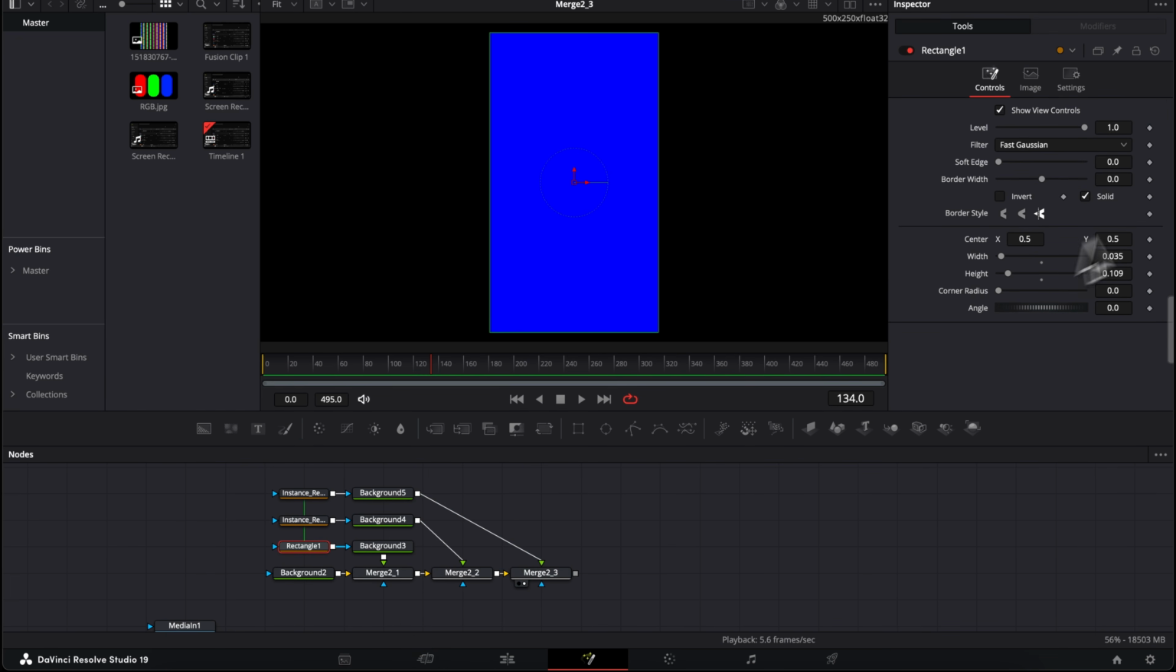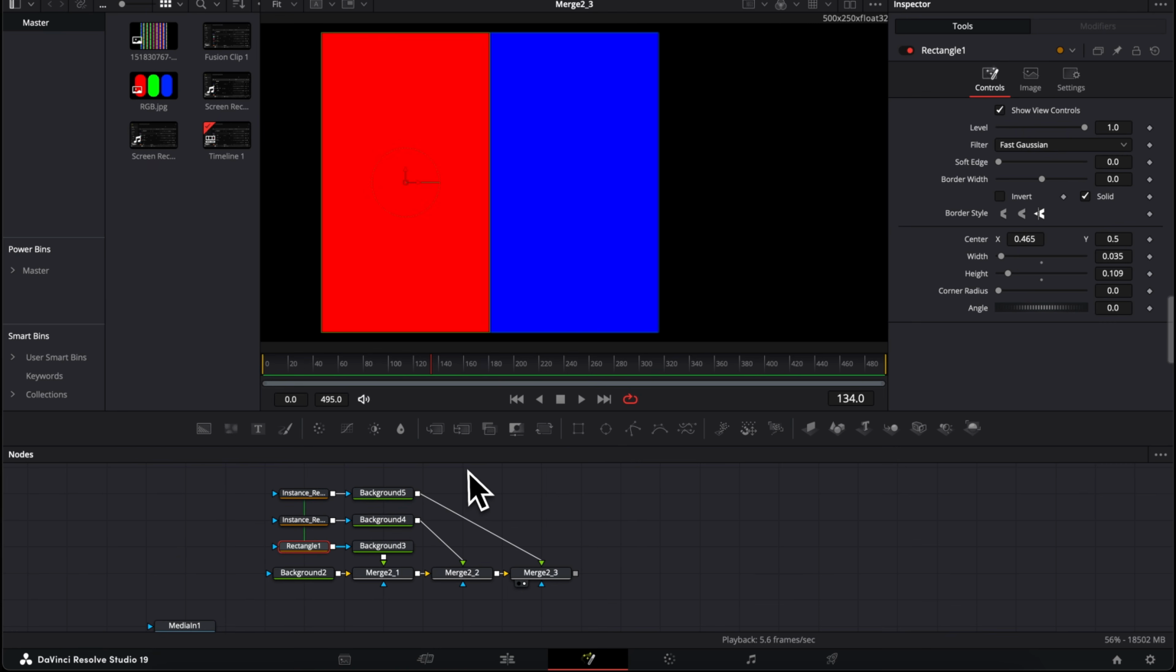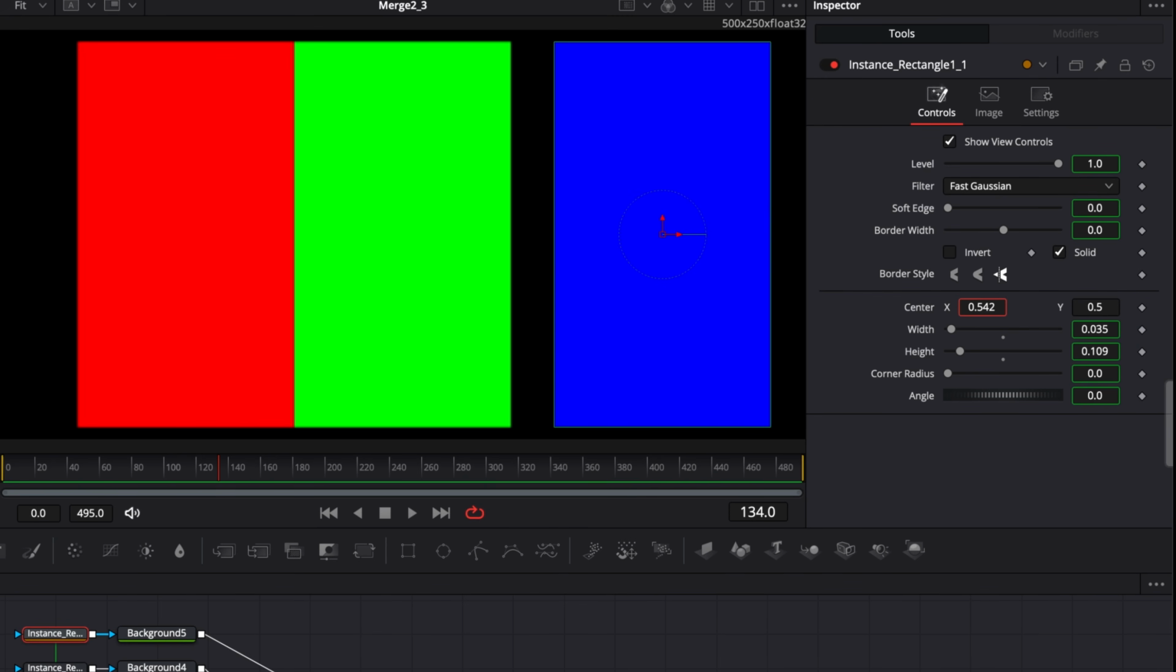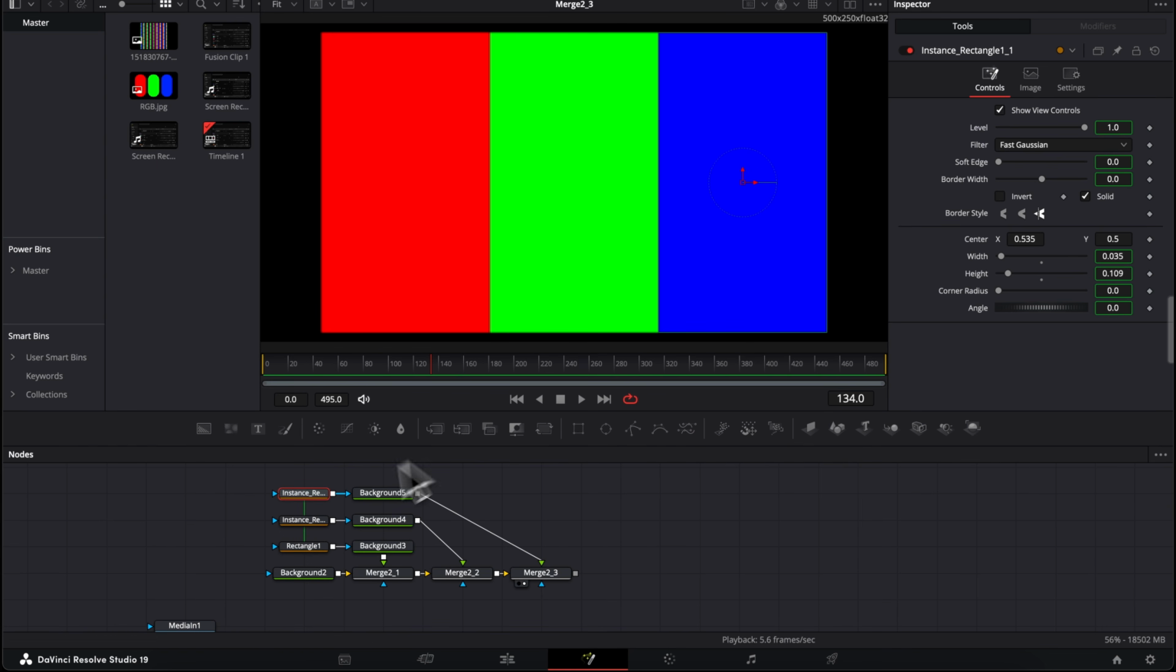So I'm gonna take the position and I'm gonna slide it right here to the right. And then I'm gonna do exactly the same thing here with the blue. I'm gonna select the blue and I'm gonna slide the position over. Now we have some sort of flag, and what we can do is basically go back to rectangle 1, and